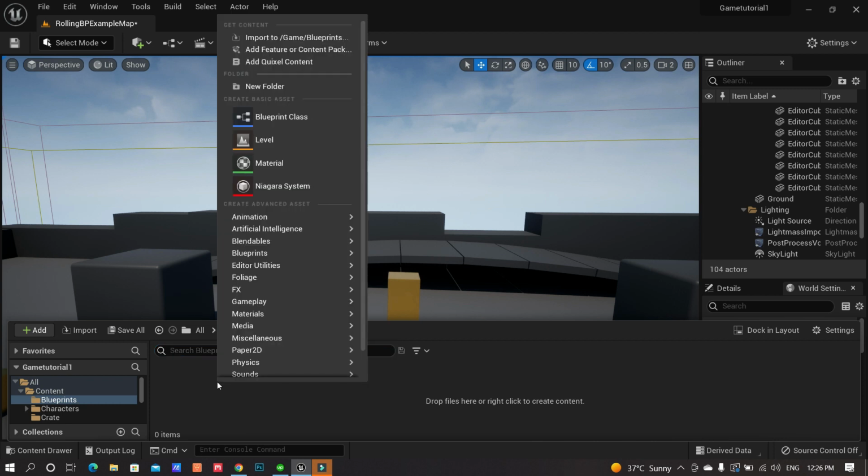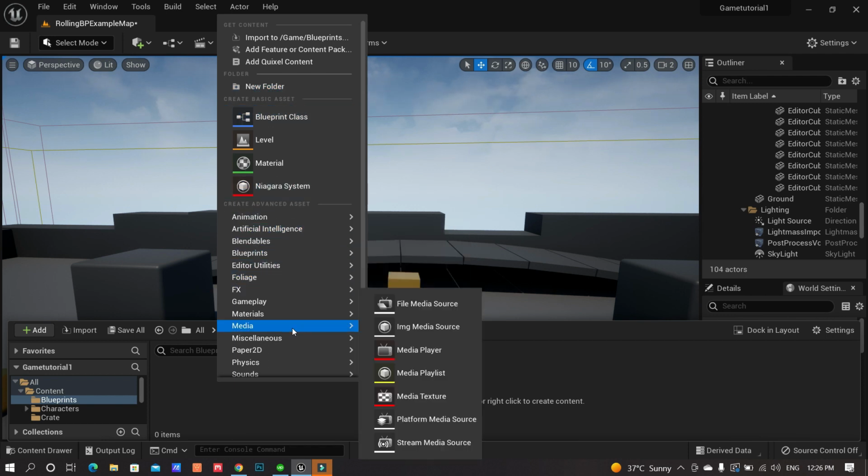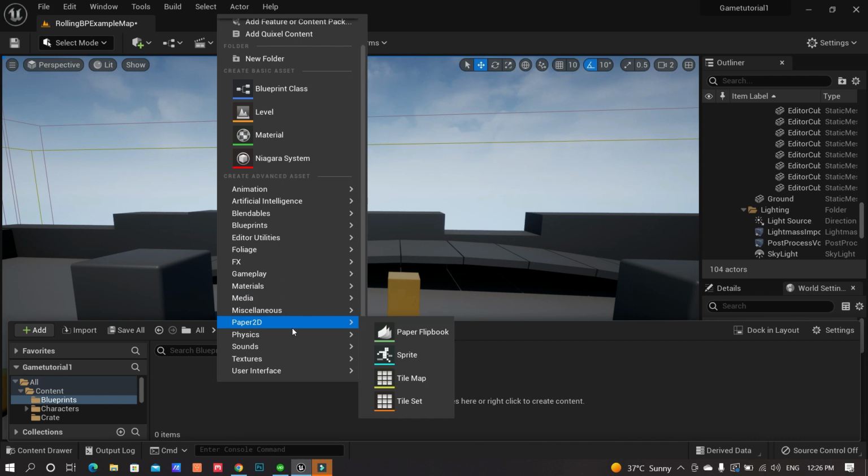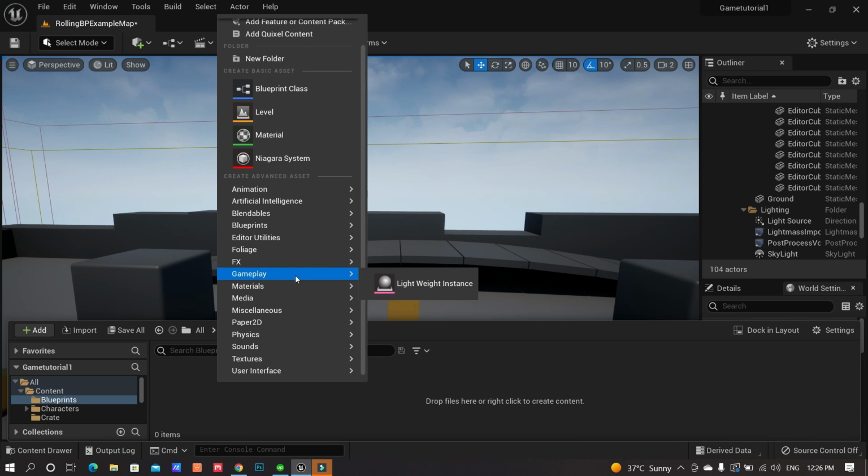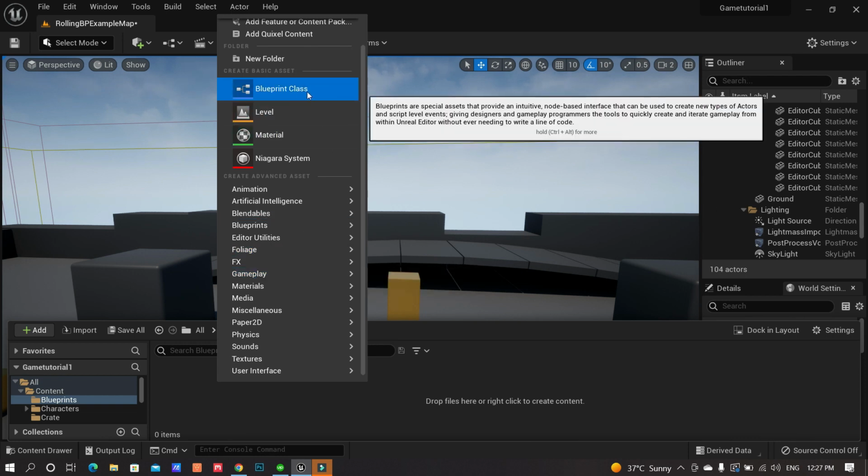You can see there are a lot of options here after right mouse click. Earlier we could actually create the folder, and we see there are a lot of other advanced assets which we can create once you go into details in terms of creating high fidelity games, highly animated games. This is where you will also require certain areas to work on. However, for the purpose of this tutorial, we're going to make our first blueprint class.